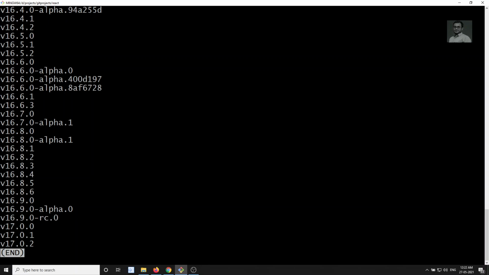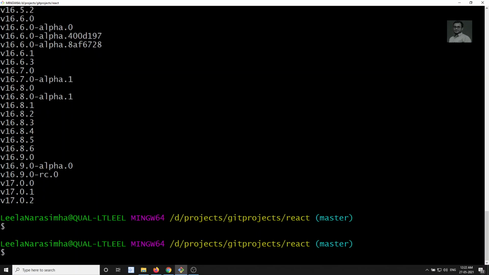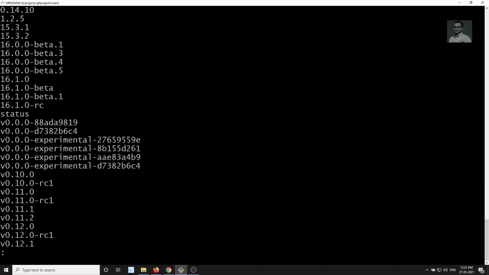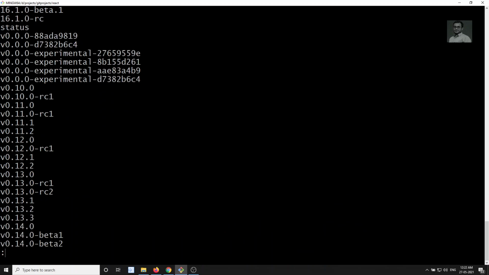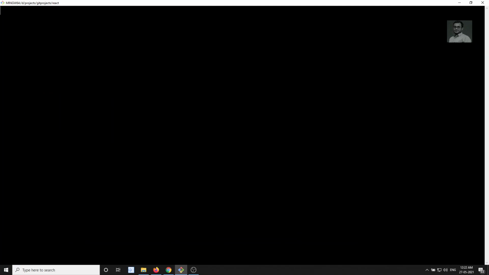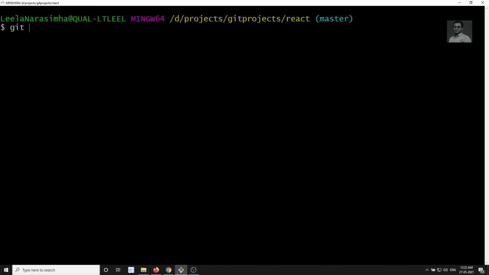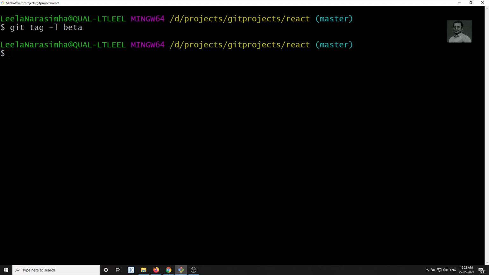So now if you want to search for a particular tag, for example, git tag -l. If you type -l without any search, the same thing will come, so you will be able to see all the tags. Now if you try to search git tag -l for the name beta, whatever tags we have with beta, we need to list them. If we press enter, nothing is there. Why? Because we are searching for a particular tag named beta, and there is no tag that exists with the name beta.